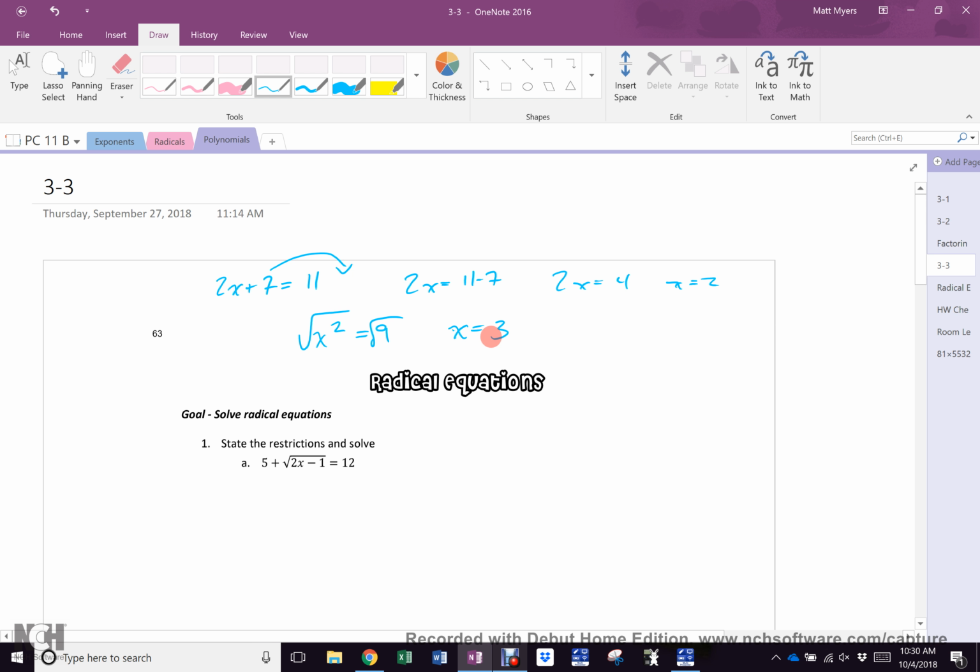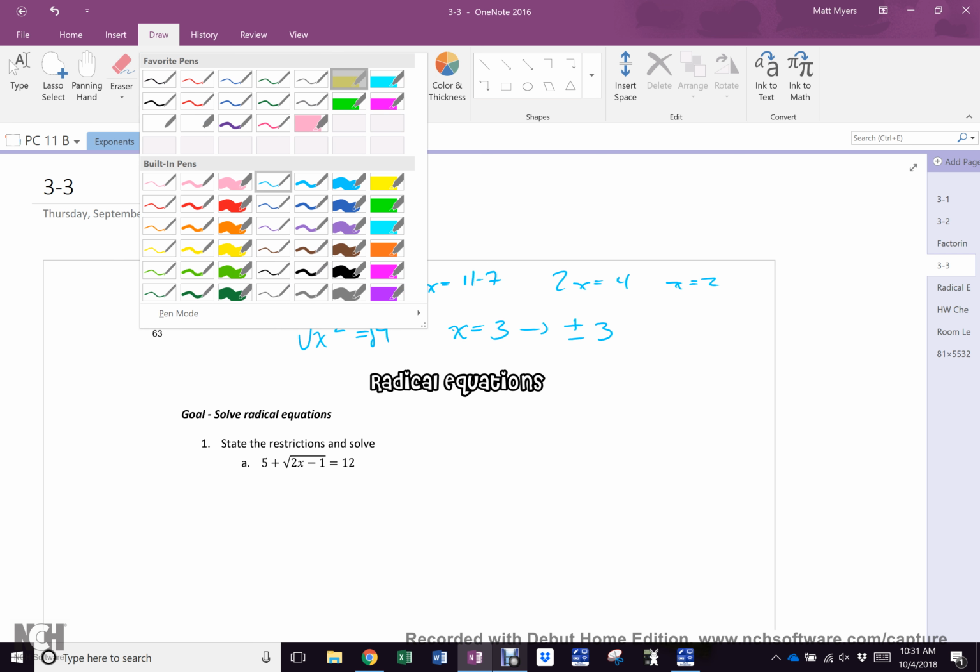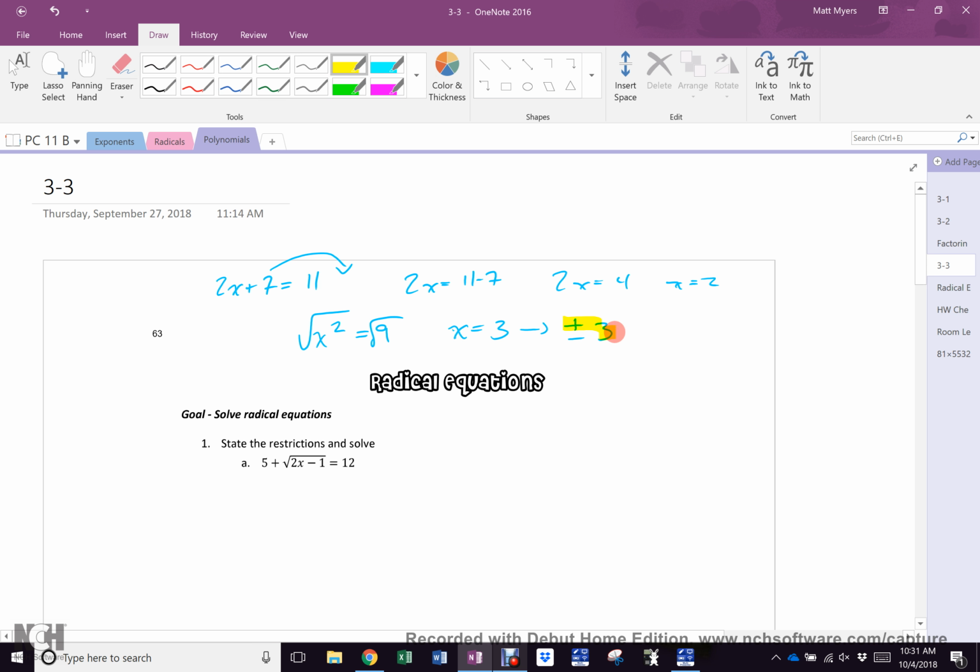Yeah? Except x doesn't really get me 3, does it? What does x really get me? What does this square root really get me? It really gets me positive or negative 3, doesn't it? Because negative 3 times negative 3 is positive 9, isn't it? Everybody remembers this, yes? We, in this class and in this section, are concerned with the positive root, which is